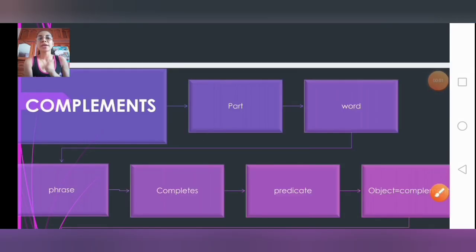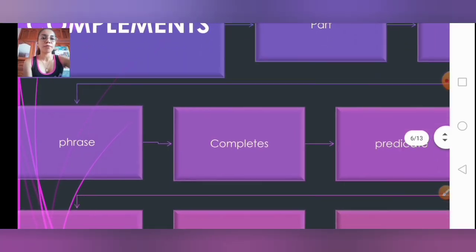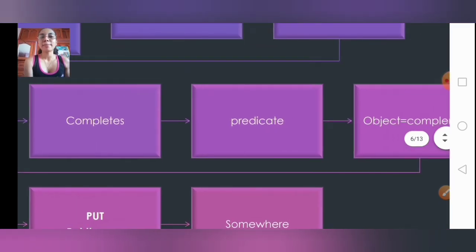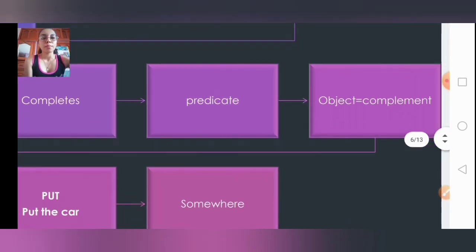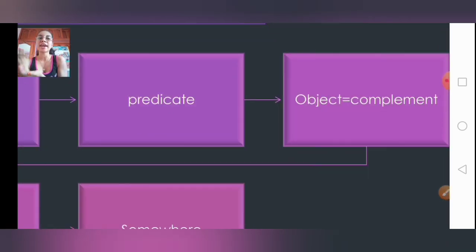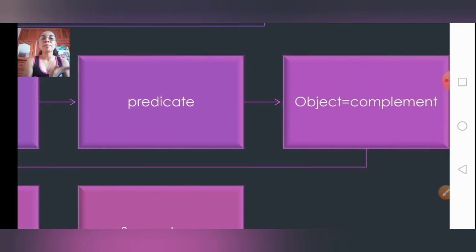The second topic is complement. A complement is a part of a word or phrase that completes the predicate. The predicate is the part of a sentence that gives information about the subject, right? So both objects, direct and indirect, are clear cases of a complement,